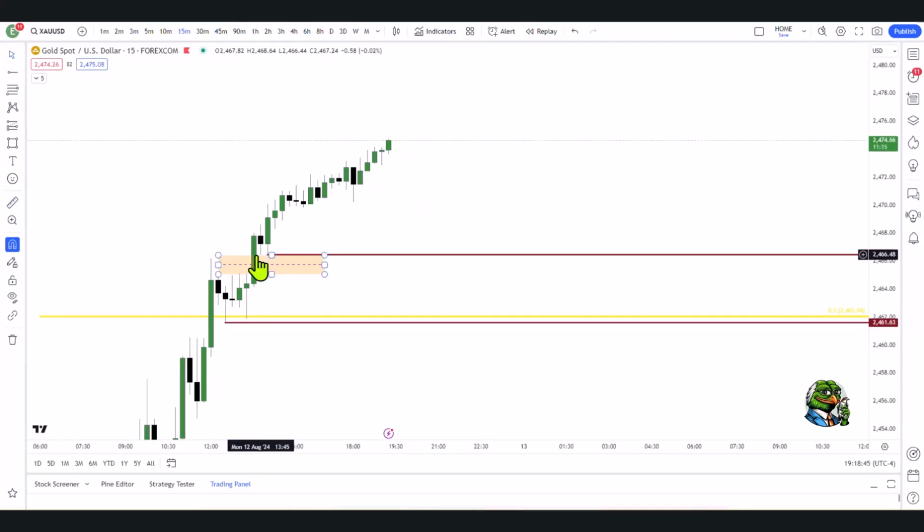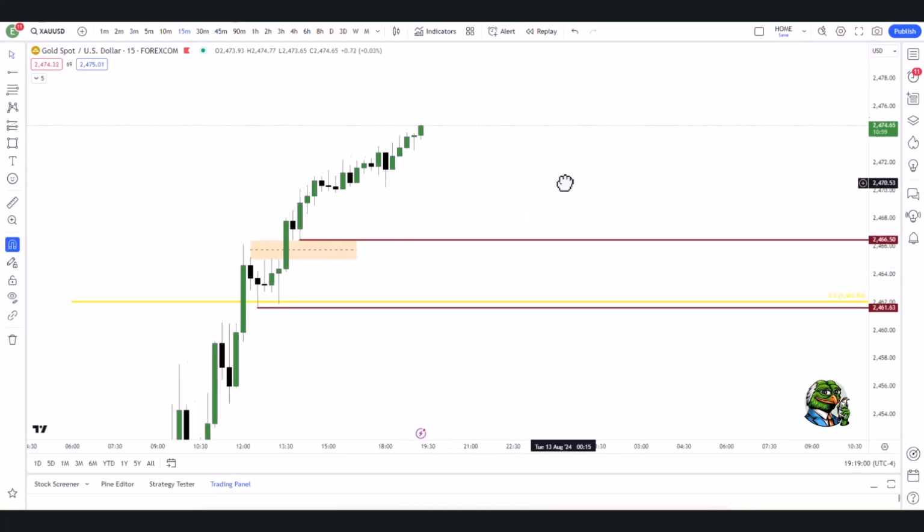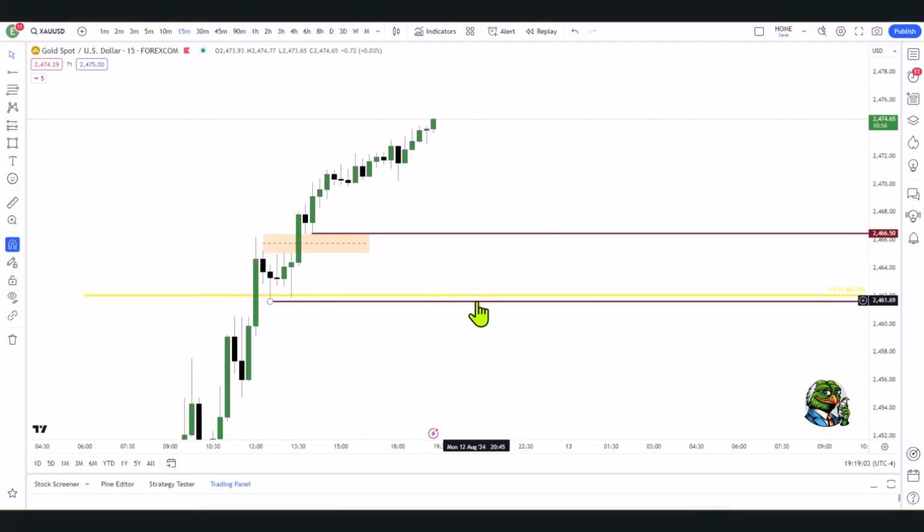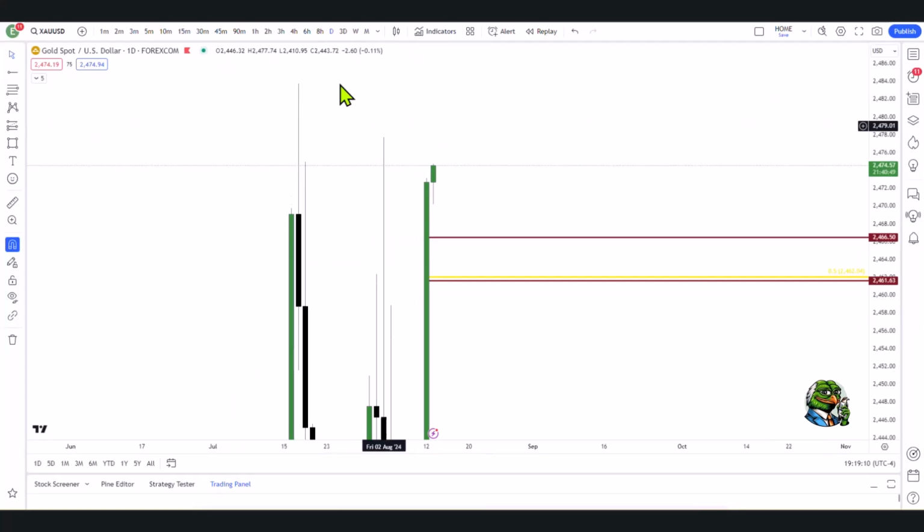Again, I'm only interested in this if the market doesn't take out those highs, and if I see the market coming down at the right time and in the right manner. I want to see fast movement down to this level or that level. So they're the only two levels I'm looking at right now for a dump for the pump. But again, that all needs to happen without taking out these equal highs. If we take out those equal highs, then that nullifies anything I've mentioned about those two levels on the shorter time frame. Hope that video is useful.